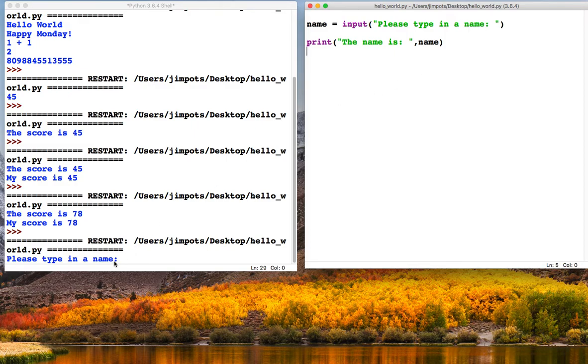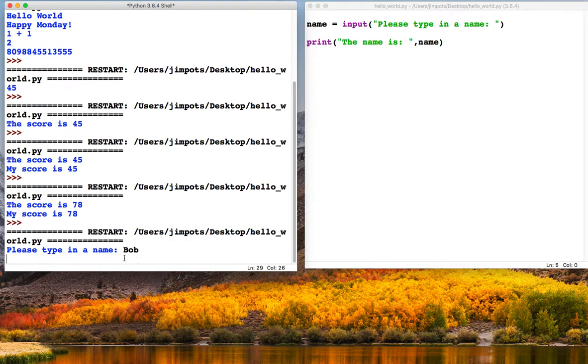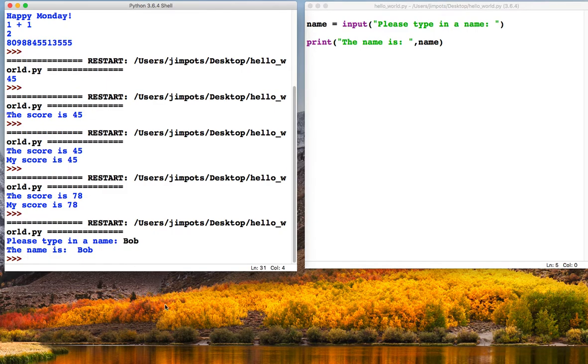Okay, so you see down here we've now got an instruction. You can see the cursor's just flashing. I've just clicked on it. Now it's waiting for us to type something in until it runs this second line of code here, the print statement. So it won't run this until we've typed something into the input statement. So let's try it out. Let's type in Bob. The name is Bob. So it's taken what we've typed in, added it to our print statement and printed it out here.